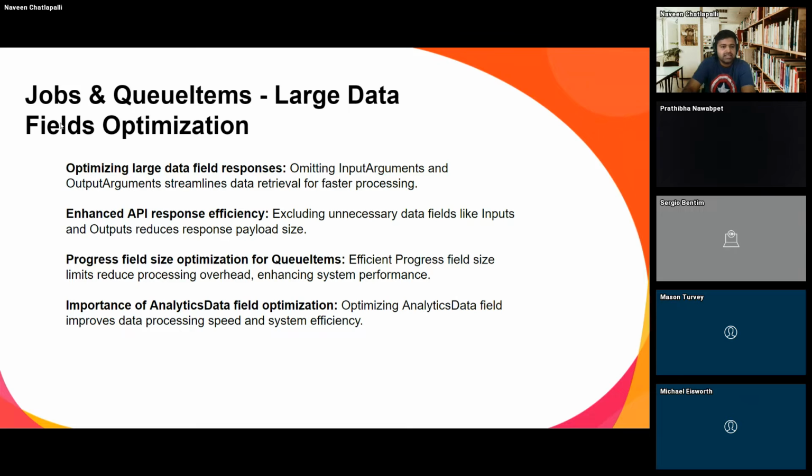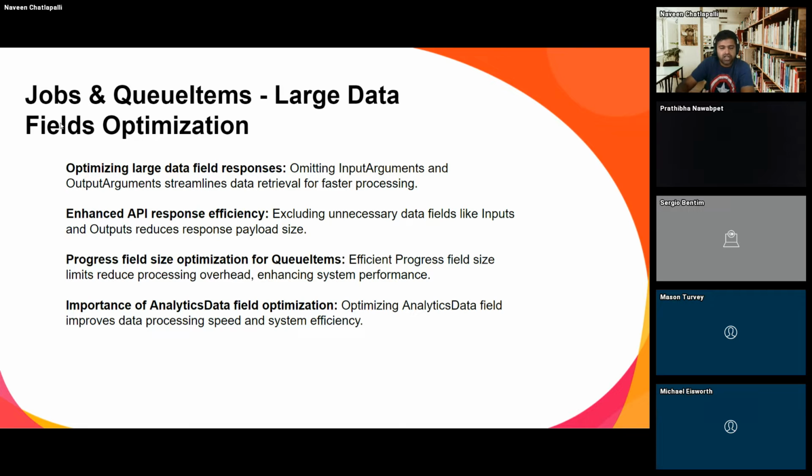And coming to the large data fields, they are omitting the jobs large data fields. I will show you in the documentation. They are also limiting the character limits of queue data fields which are currently being leveraged. I think these limitations are tentatively being operated for a couple of customers, but they are enforcing their rules from July 2024. That is the plan. So I think we have a little wiggle room to get